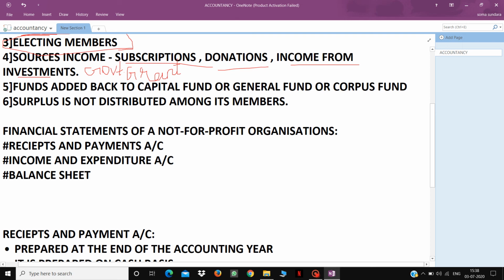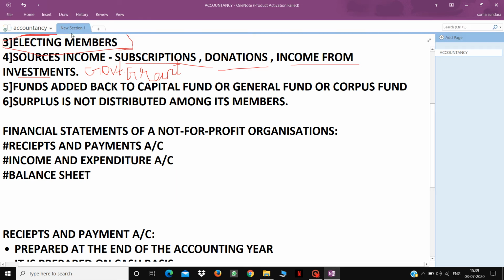So next one is their fund. Their income is merely received from the general people. They will not get any profit, so they'll be receiving their income in the form of fund. People may donate to the organization for constructing a library, a pavilion, a ground or a new building. For that, funds will be received by this organization.